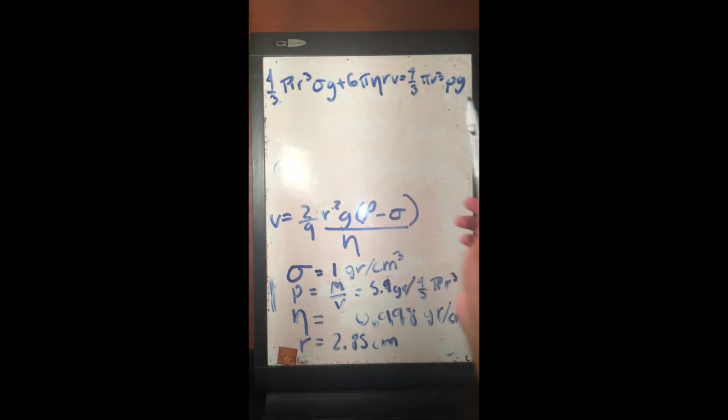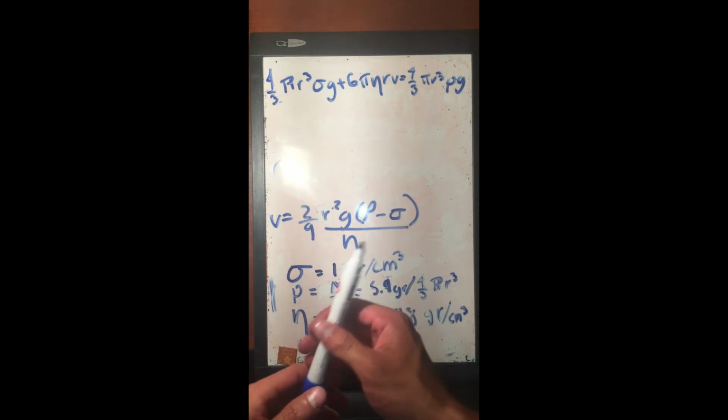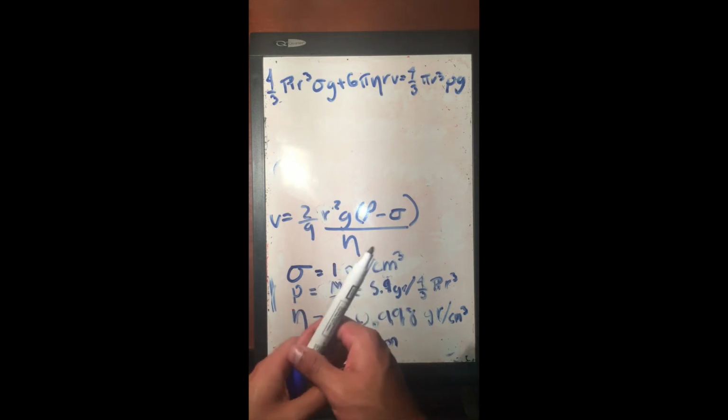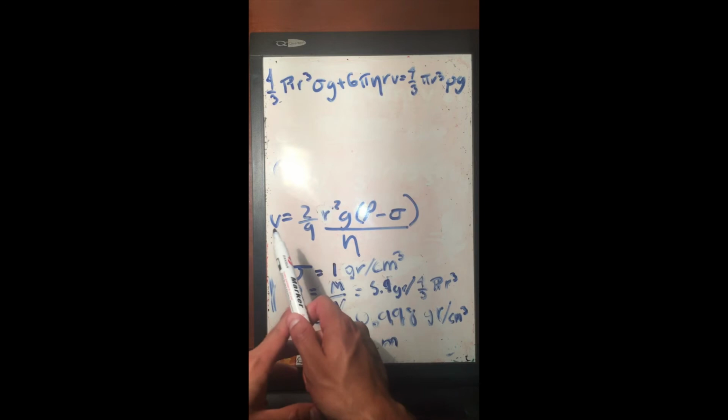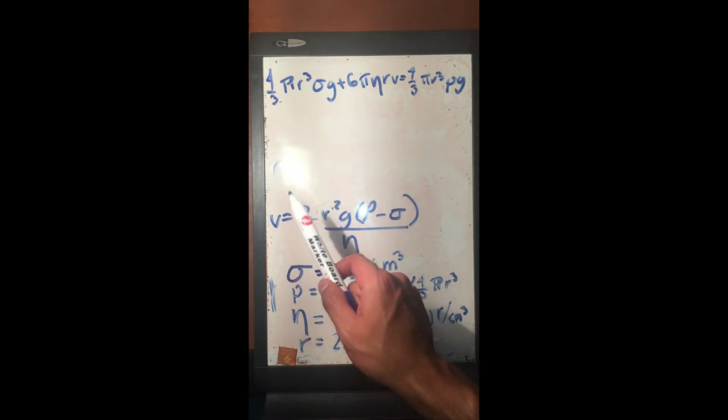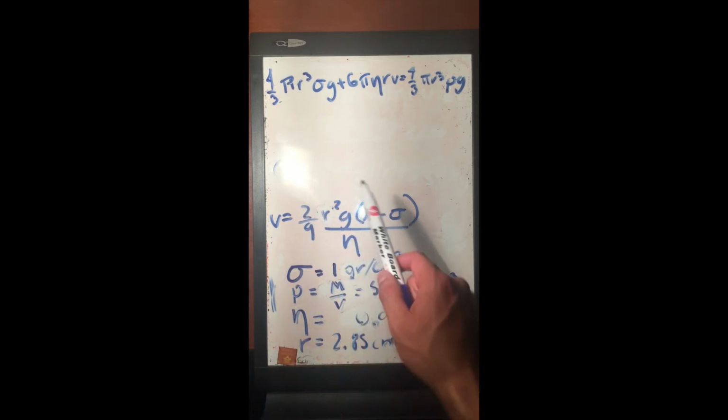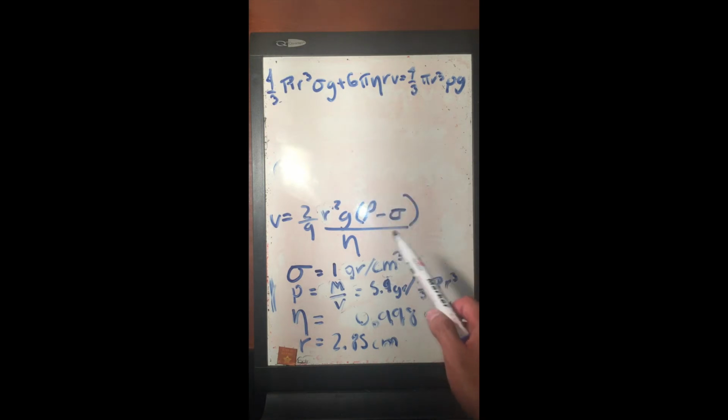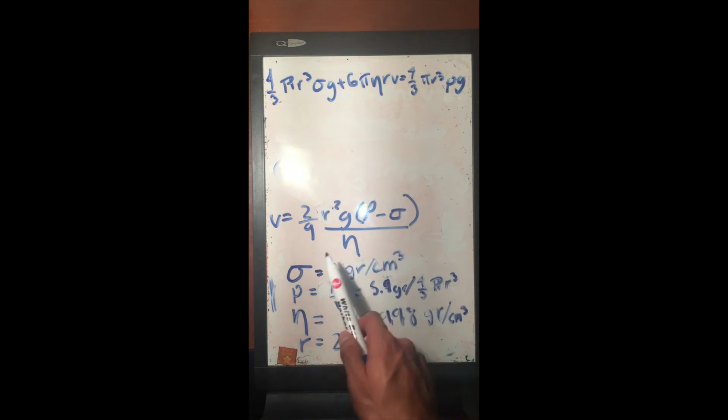By knowing our equation, we can solve for v, our terminal velocity, which gives us an equation: 2/9 of radius squared times gravity times the density of the body minus the density of the liquid, divided by the